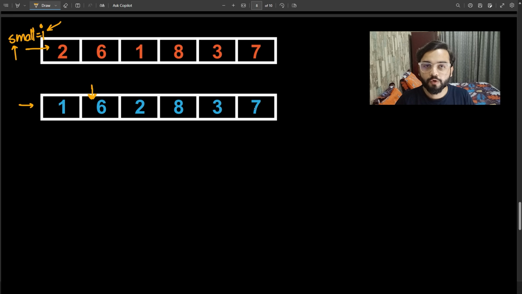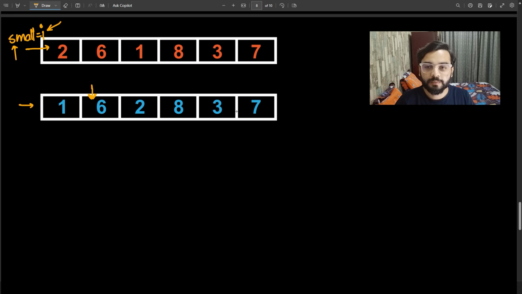We don't have to swap at the instant where we find the small number. We have to keep on checking for the index of the smallest number. We will perform the swap only when we have completed all this traversing, because swapping each and every element present inside the array again increases the complexity of the program. So we will not swap during the iteration, we will swap after the